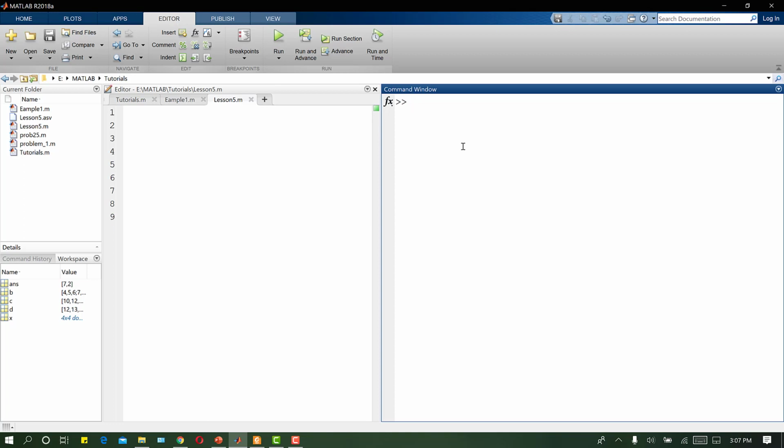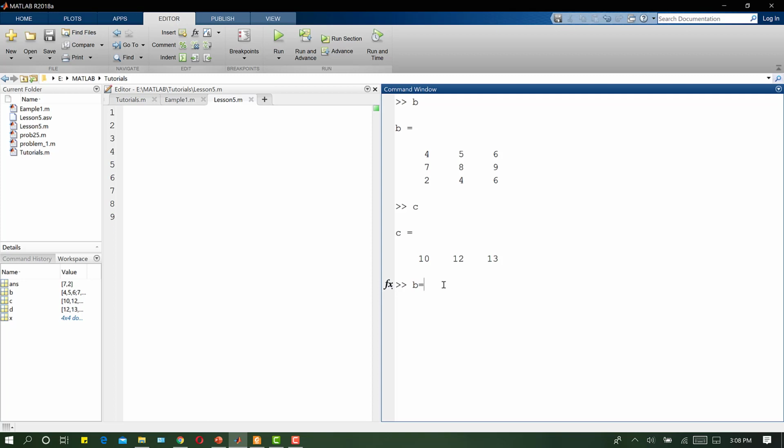Now let's suppose I have this B matrix, 3 cross 3 matrix, and then let's suppose I have this C matrix, that is 1 cross 3 matrix. So now if I want to add this C row vector as a column, fourth column of this B vector, so what I will do, I can update B as well.